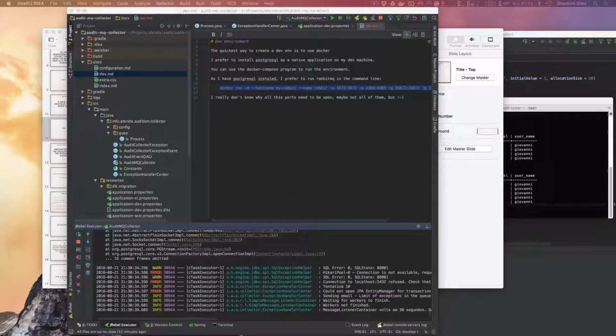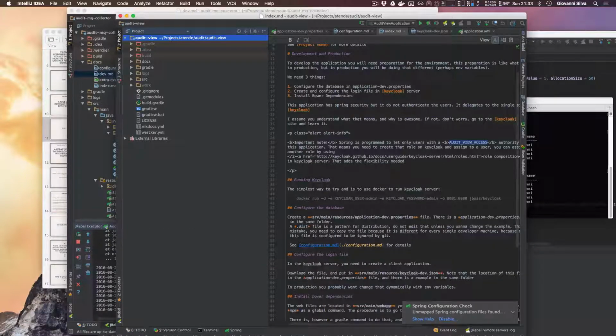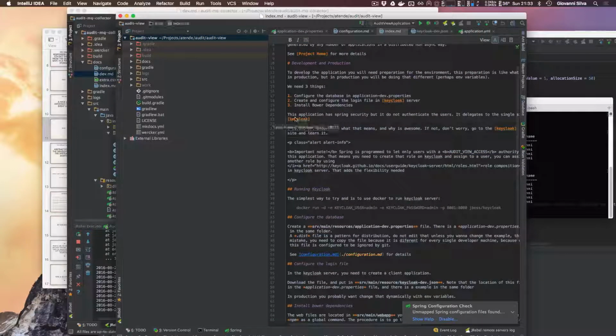It will connect to the PostgreSQL database and run and show the logs. But there's one interesting thing in the audit view, and it uses the Keycloak server for